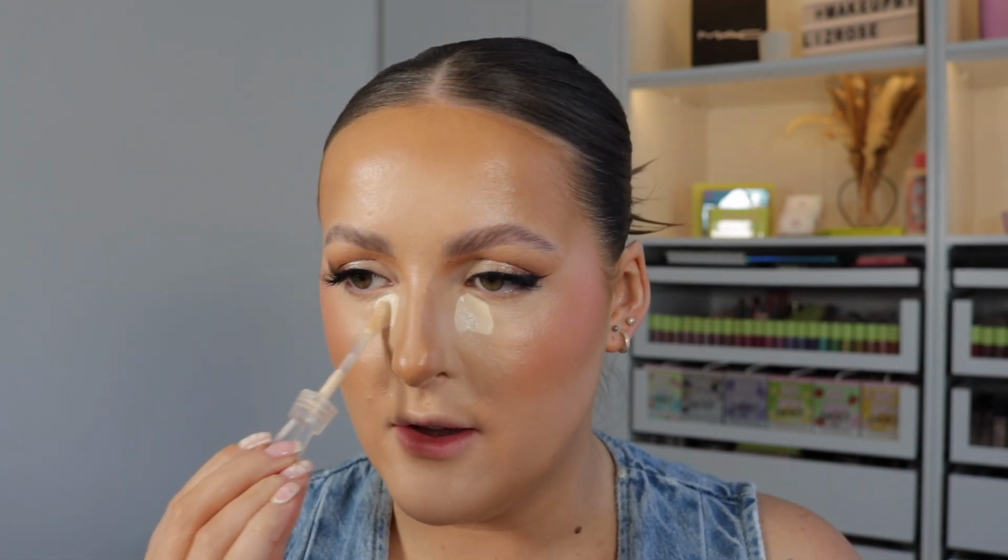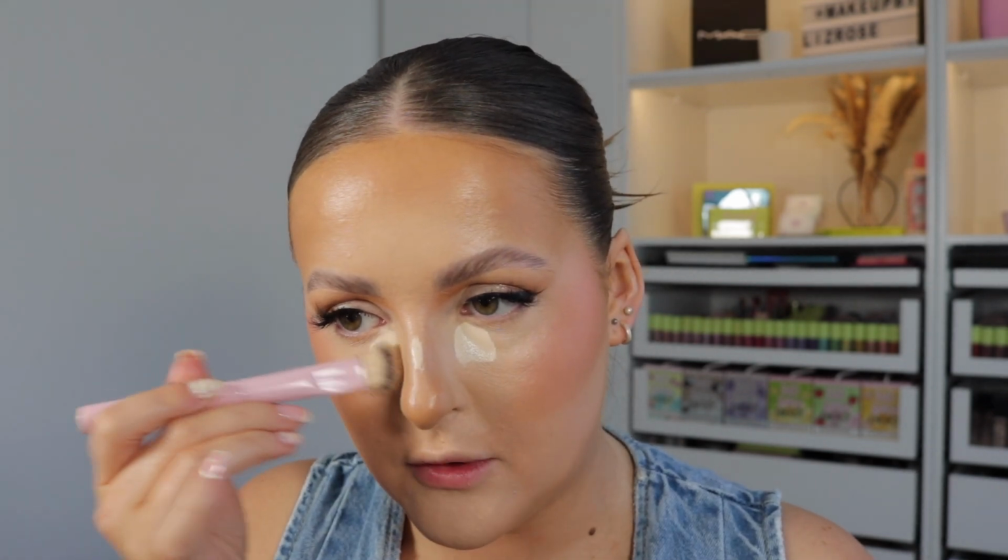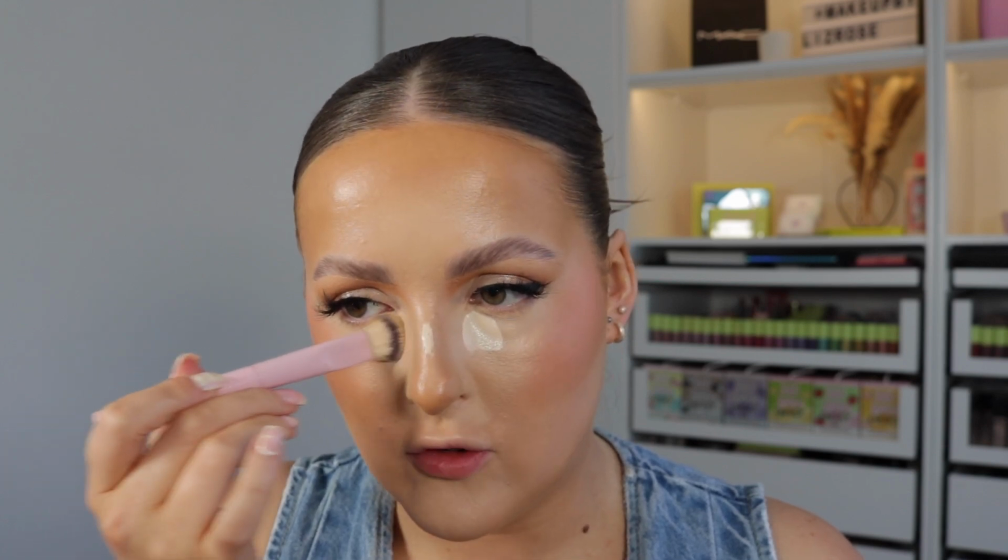I'm also gonna, which I forgot about, put a lighter concealer shade. So this is in the shade 05. To really get that baddie UK bright under eye, we're going to put a bright concealer there, just in the inner corners to help brighten. See, I could put more of that blush on, but we're going to go in with powder blush in a sec, so I'm going to leave it like that. And then I'm going to blend this out, but make sure to keep it right in that sort of triangle